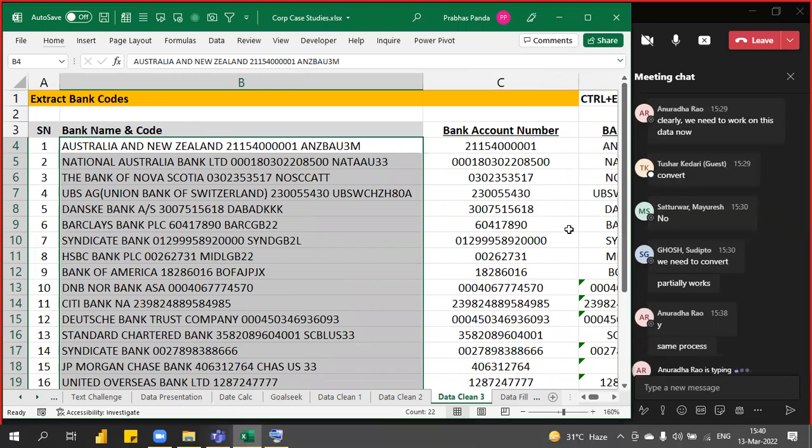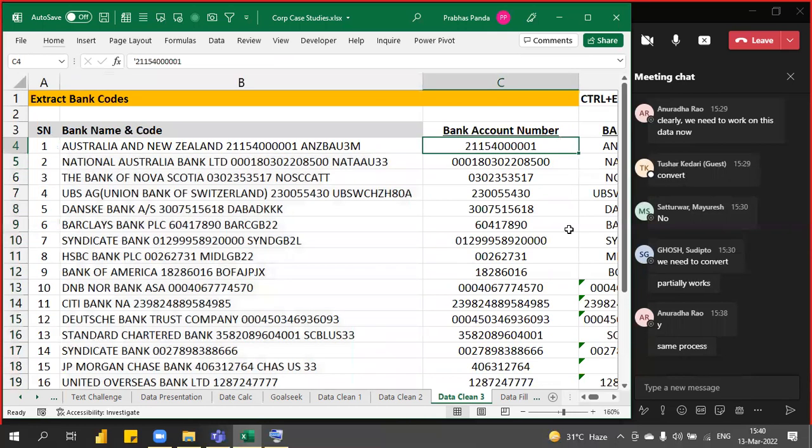So far what we have understood: if something is at the end, Flash Fill got the value. If something is in the middle also, Flash Fill was efficient enough to get the pattern and get the value. What if something is in the beginning? It's the same thing. You need to select the bank name and